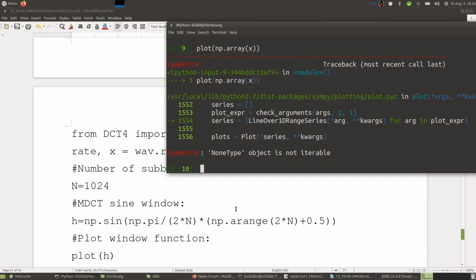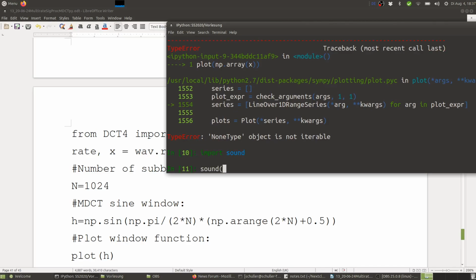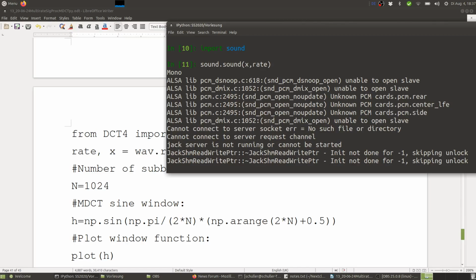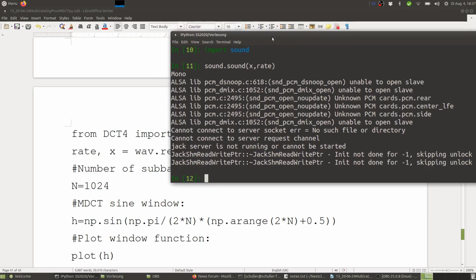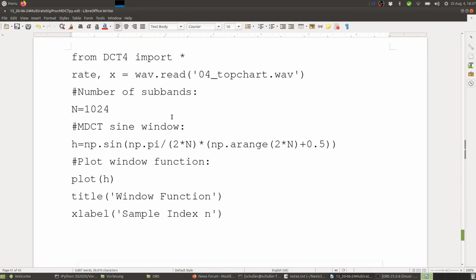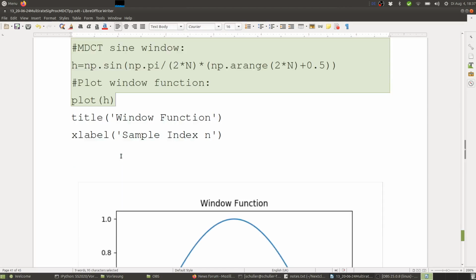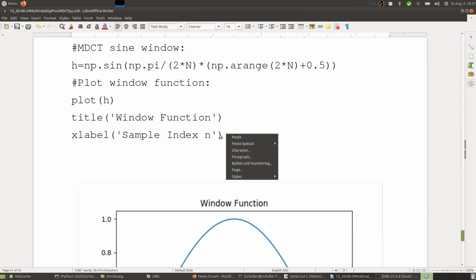Okay, so maybe let's try to play it. Import sound. So sound.sound(x, rate). Okay, so this is a piece of a music file. Right, and now we can apply the MDCT decomposition. So first we make the h, the window function or the prototype, oops,